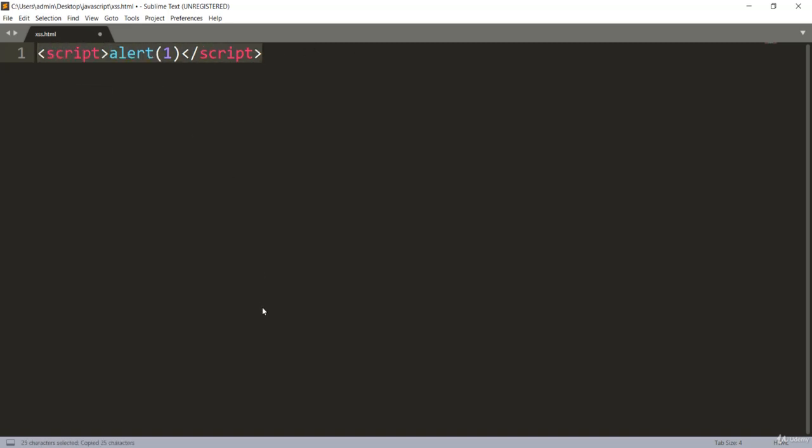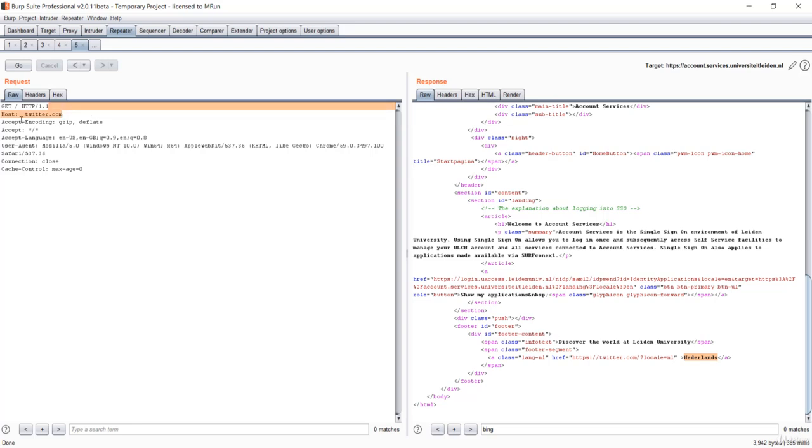So when I copy this and go back to our Burp, and paste right here, you could see anything you passed is just inserted inside here, that is over here in the anchor tag. You see that twitter.com was reflected in this anchor tag, and we saw in the XSS lectures a couple of lectures before, that if you want to inject some script, it should not be inside these HTML elements. It should be out of this anchor tag. That means we first have to close our anchor tag as usual.